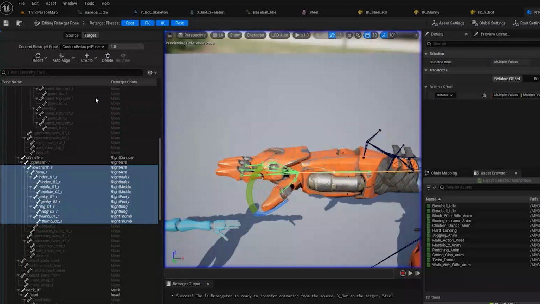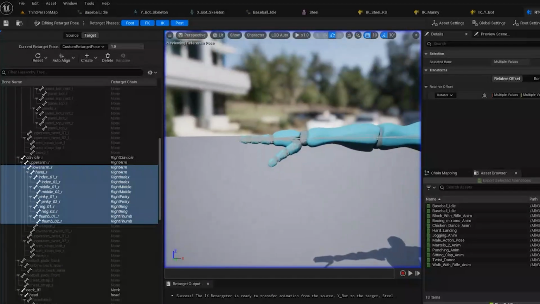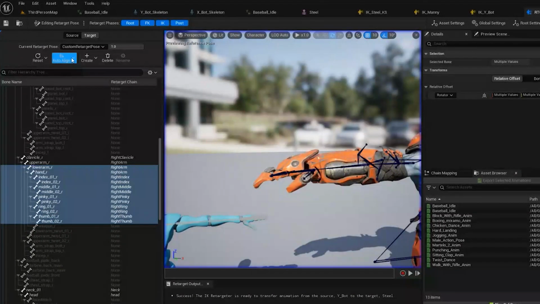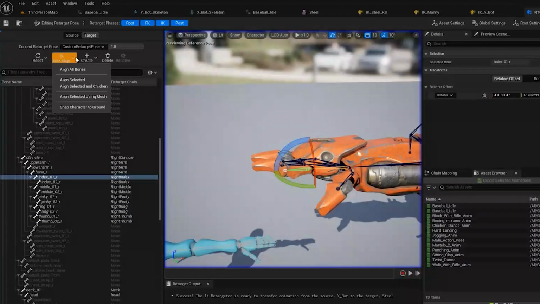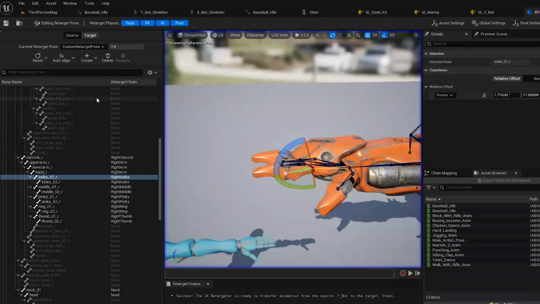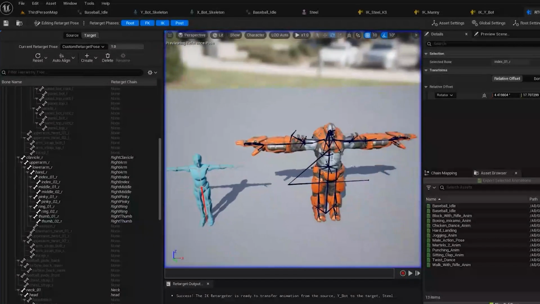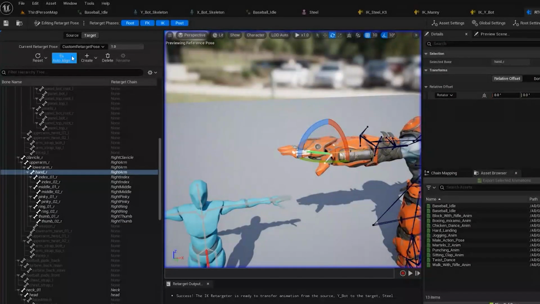Align selected using mesh. And let's see, it did something. Why did it do this? Usually it works better. Let's just auto align again. Let's just do it one by one. Maybe it did something better. Align selected using mesh. It's better. But let's not do this for now. Align bones. Usually I do this, select all bones one by one and align selected using mesh when I'm working